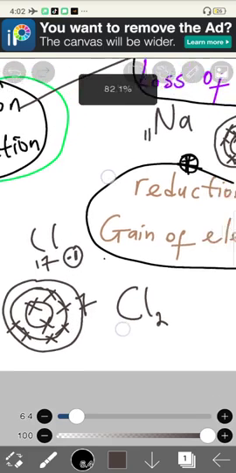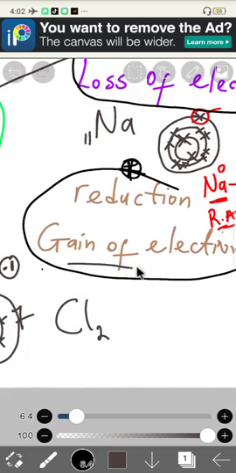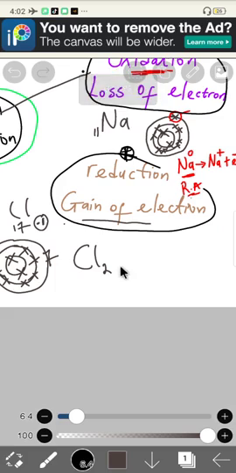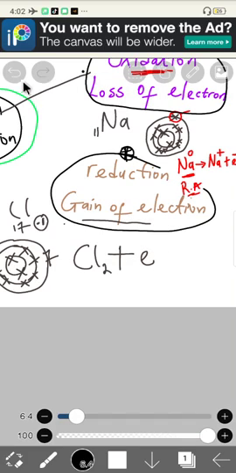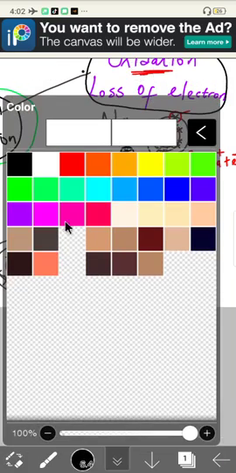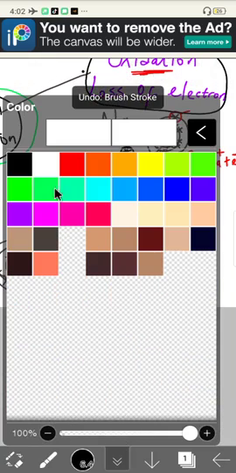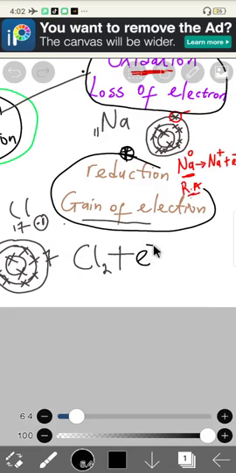That means it can what? Gain electron. And as the fact that chlorine can gain electron, it is undergoing what? Reduction. So now if chlorine gains electron, plus electron minus, plus electron minus. Now remember that this one is just needing 1, and this one we're also putting 1. But mind you, the chlorine that is here